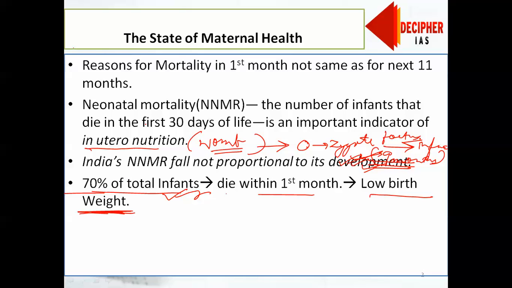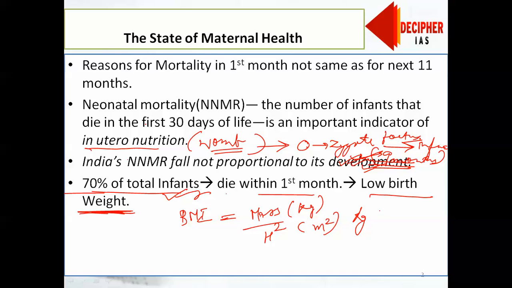Have you heard of body mass index, BMI? We generally use BMI as mass upon height squared. Mass is in kilograms, height is in meters squared, so kilogram per meter squared. Now if it is below 18.5 for a mother,